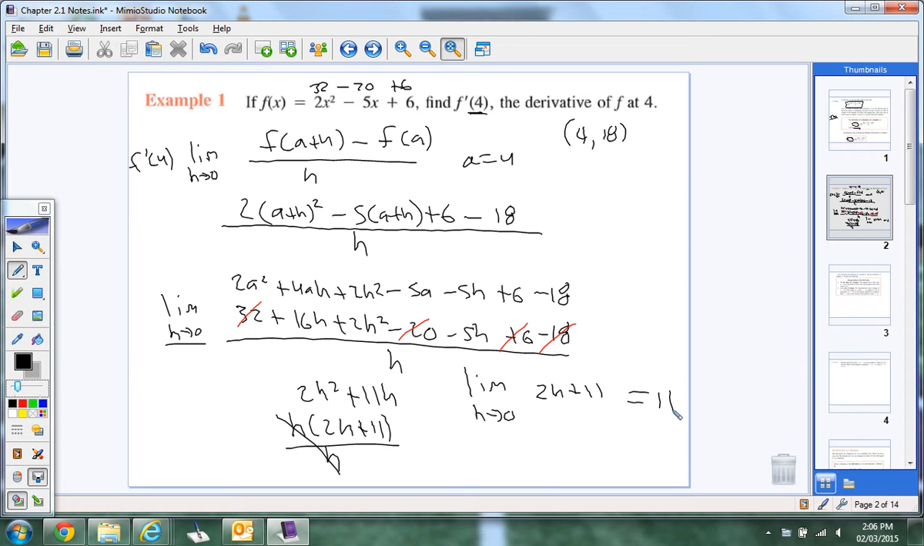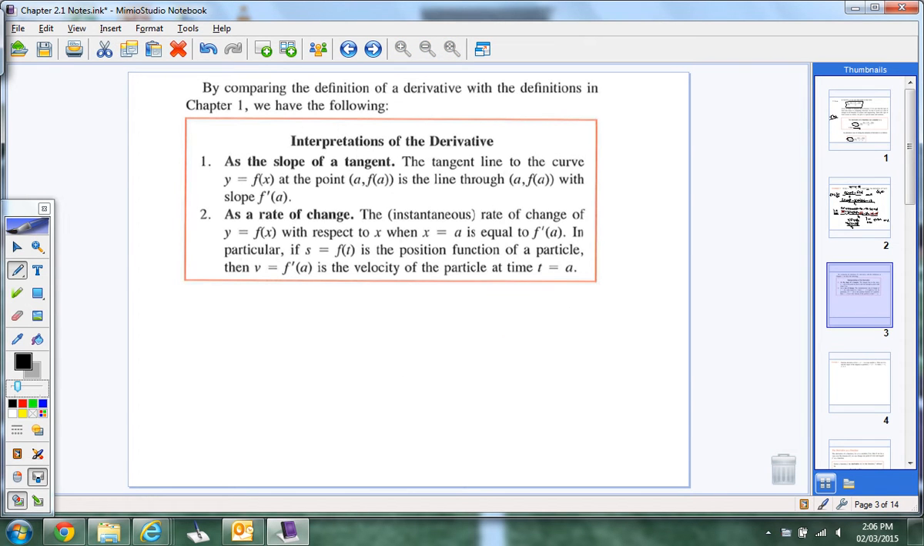So 11 is the tangent slope there. Or 11 is the derivative. Yeah, so in other words, using a limit to find the tangent slope is the derivative. Okay. All right. Next. All right, so by comparing the definition of the derivative and the definition in Chapter 1,